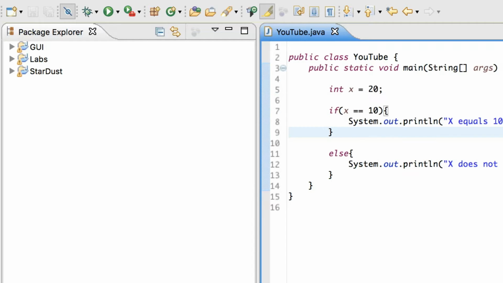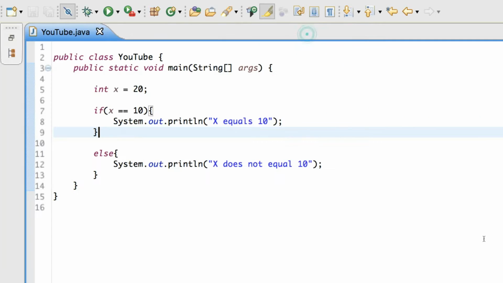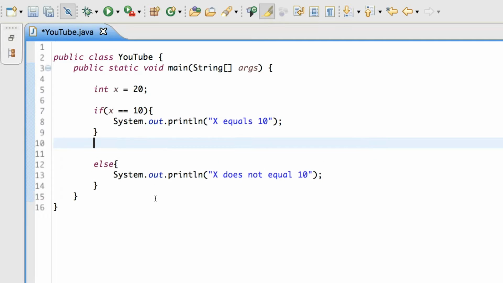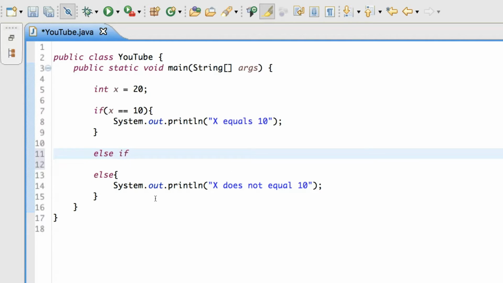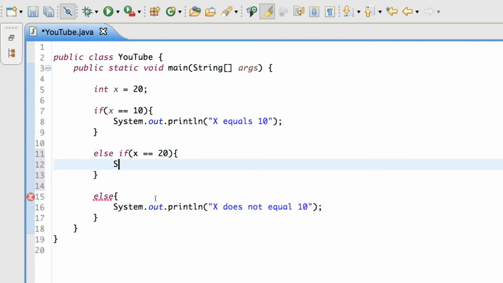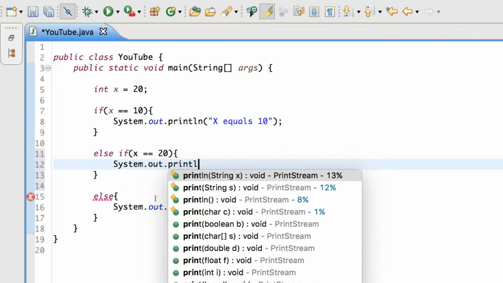not equal 10, okay? And in Java, you don't have to have just an else statement under if statements. You can have things in between that connect the if and else statements. You can say if x equals 10, which we know is false, you don't have to just have an else. You can say else if x equals 20, then system.out.println